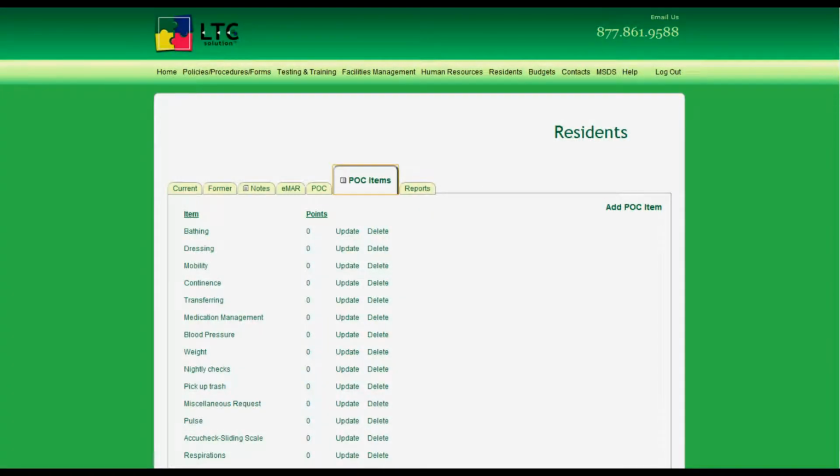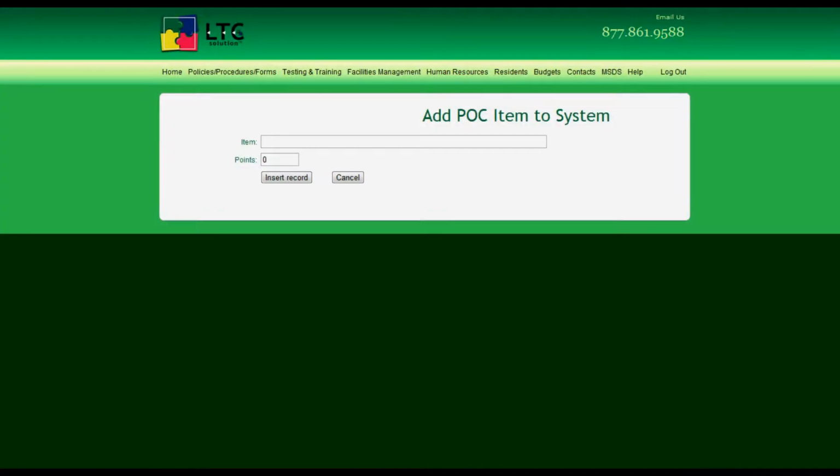The next step is to establish items for services provided by the facility staff. You will then individually enter each POC service until you have all services you provide to accommodate your facility's resident needs and requests. As an optional feature, you can assign a point value to each item and relate it to